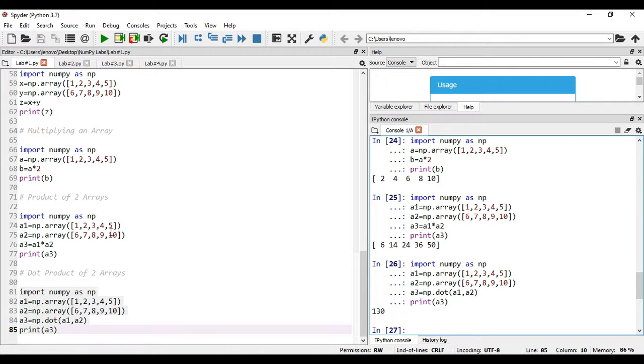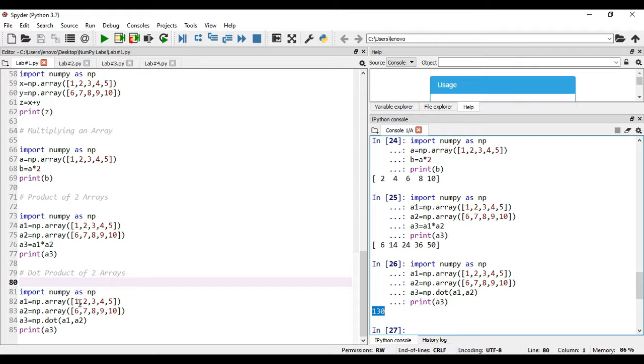That is the difference between the product and the dot product. If you apply the product among the arrays, the output will be again an array only. But if you perform the dot product among the arrays, then the output will be a single element. How will it come? I will try to explain in a simple way.